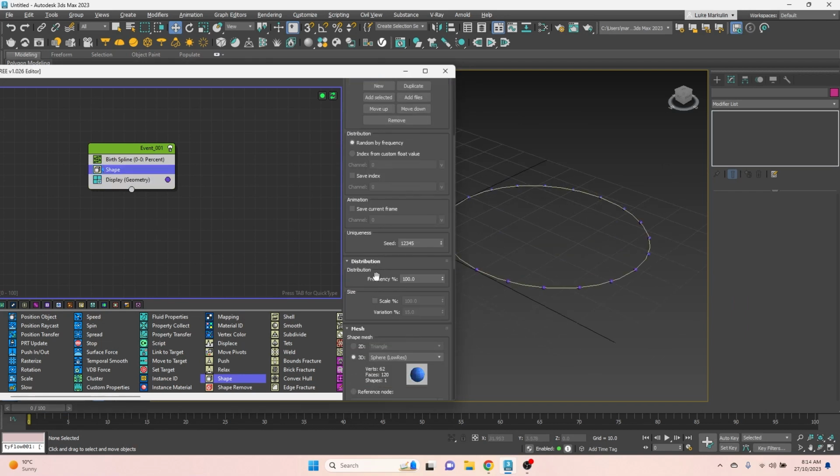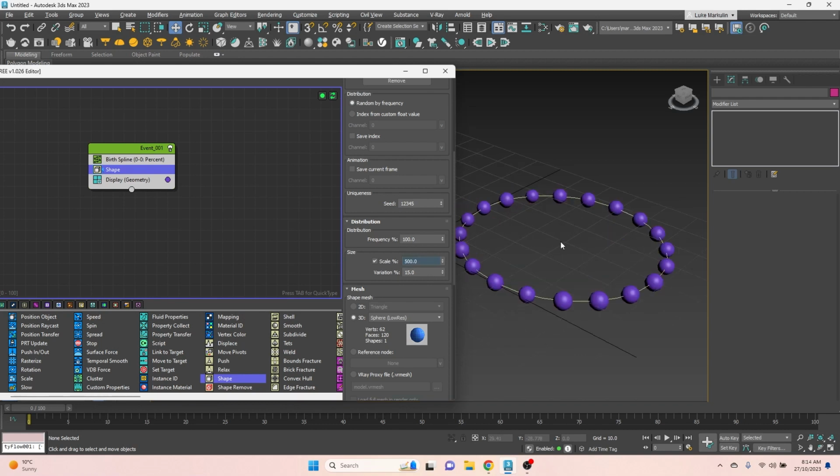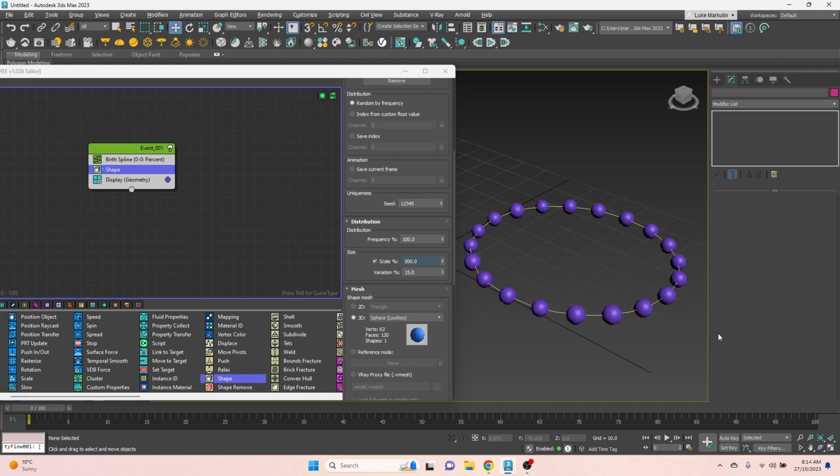So with the shapes, maybe we update their scale to increase their size, maybe some nice large ones. Yeah, perfect. All right, so now that we've got the shapes that we want to use,